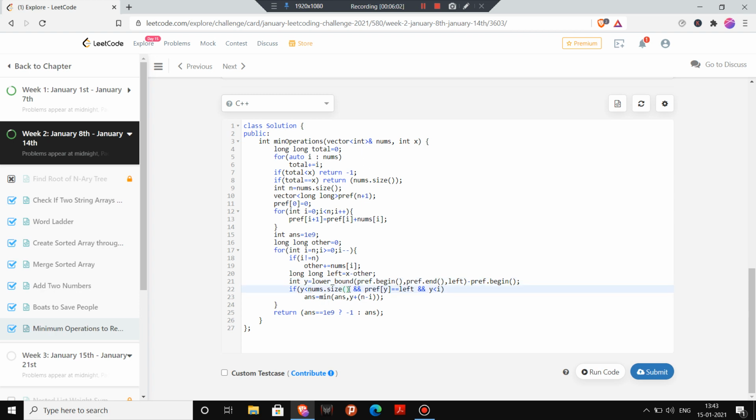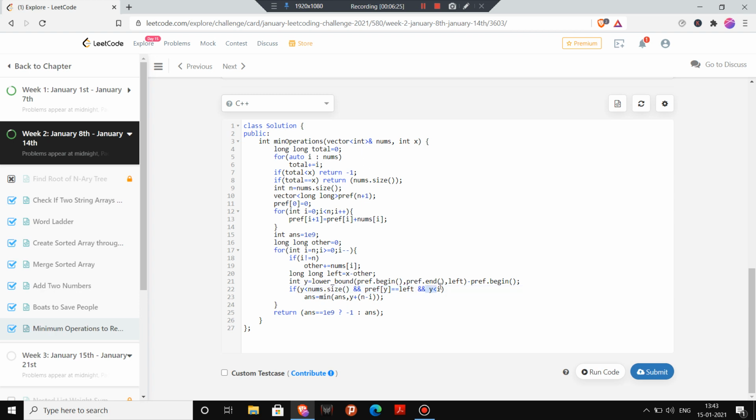Our y will come out of this nums vector, and it may also happen that for example we require left equal to 4, and our y just points to 6 because our 4 is not present. So we will check if my pref y is equal to left.